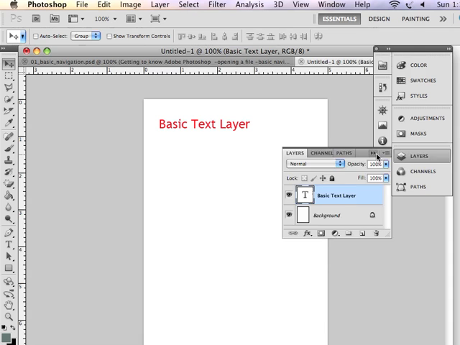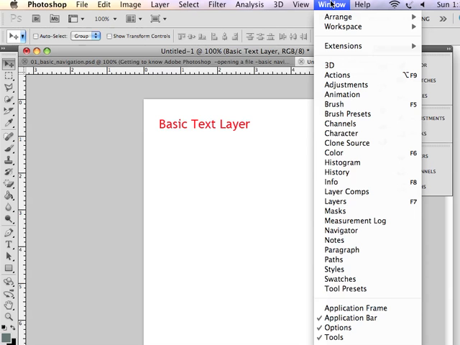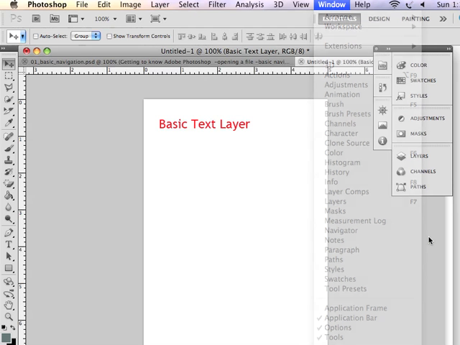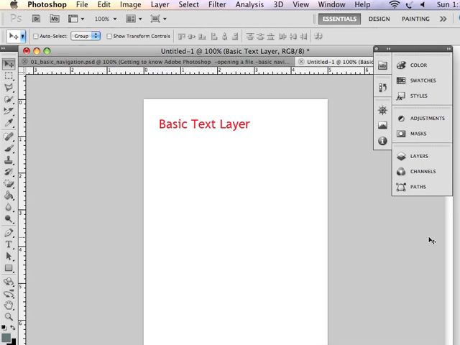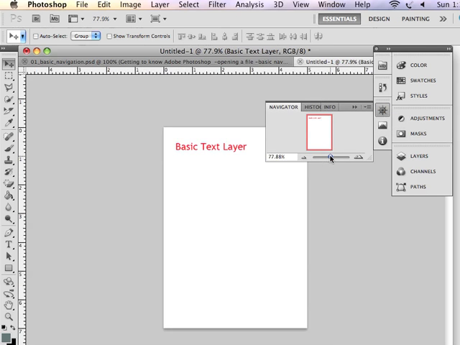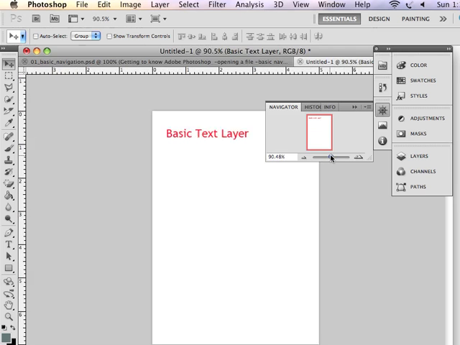It moves items related to the selected layer in your Layers panel. If your Layers panel isn't showing, you can always go under Window and make sure that Layers is showing by clicking on the Window Layers option. The next thing that I want to show is the Navigator panel, which looks like this. Now the Navigator panel allows us to zoom in and out,